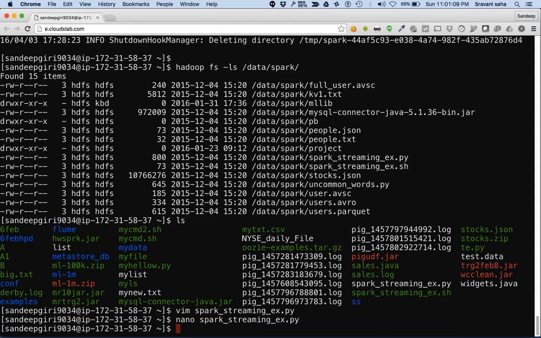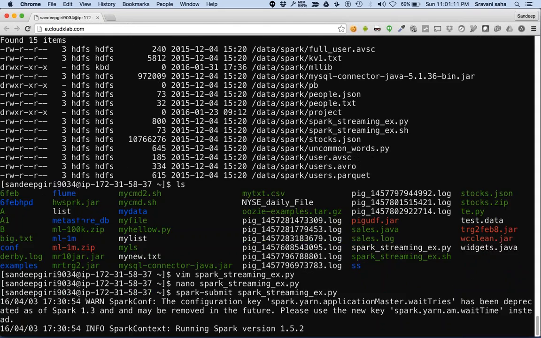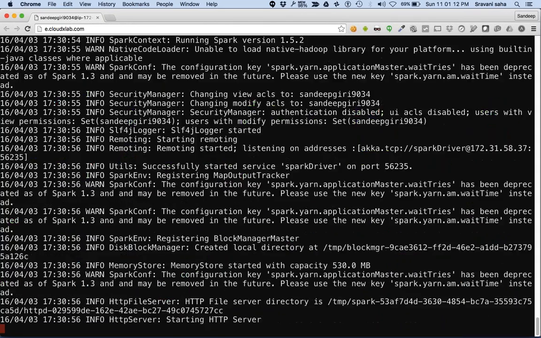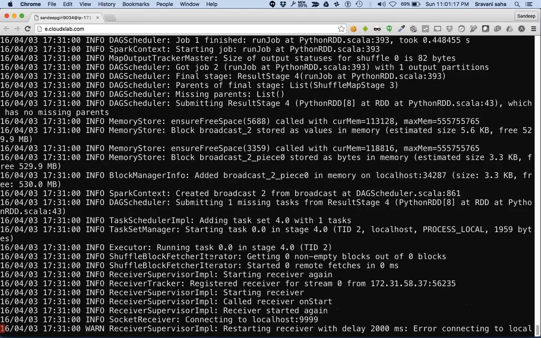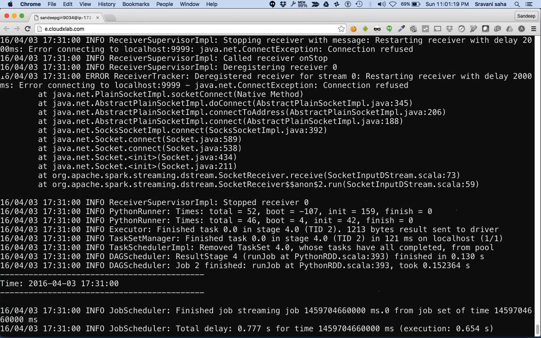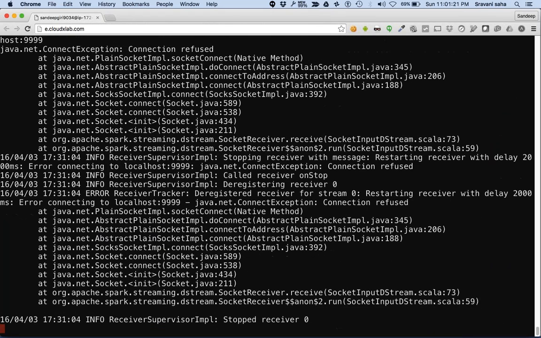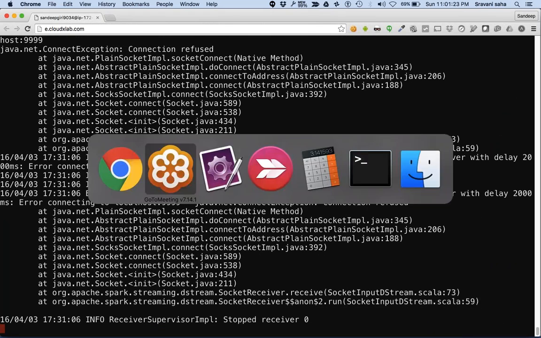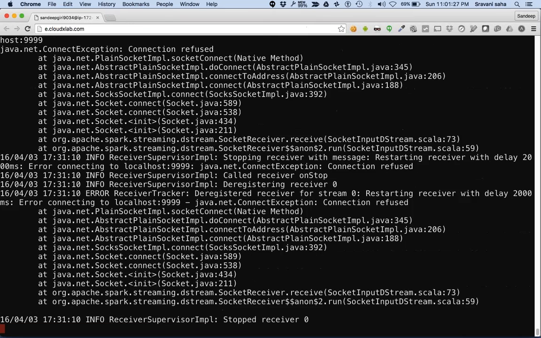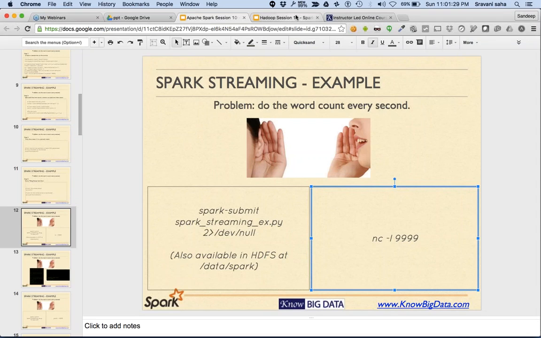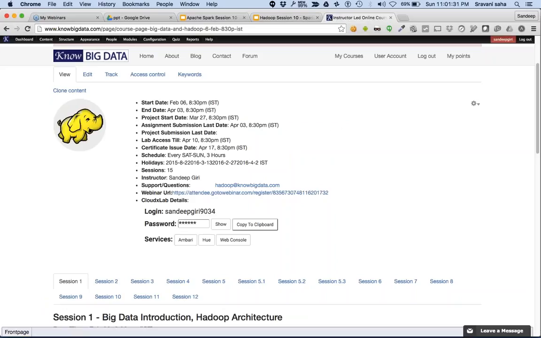So I've submitted my Python program to Spark. Right now it's essentially listening and waiting for the connection on port 9999. Okay, it says that it could not connect and it failed. Now, let's open another terminal.